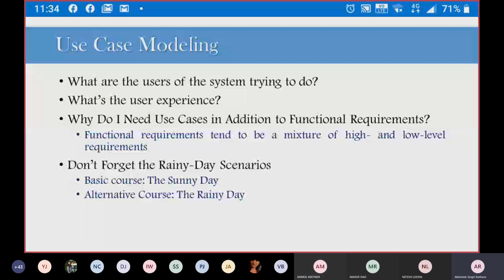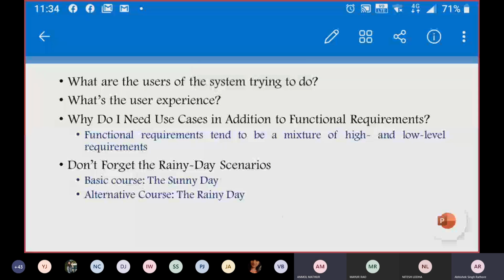So the question is: why do I need the use case in addition to the functional requirements that have been documented as in your GUI boundaries? When we have functional requirements that are a mixture of high level and low level requirements, they may be ambiguous, or may not be ambiguous. So we have to identify which are the main requirements. When we have unambiguous requirements, we are sure that we have to complete certain types of functions with some actors, and certain other types of functions with another actor.